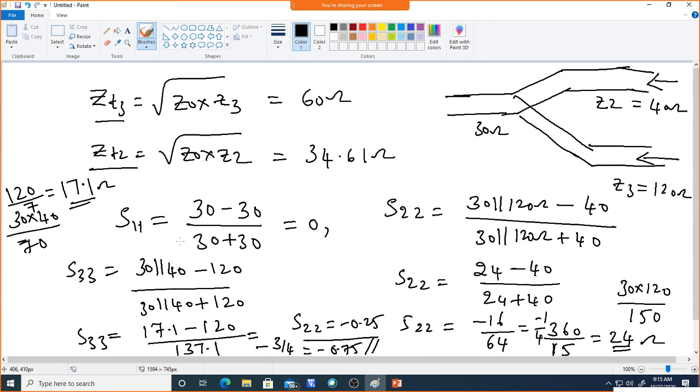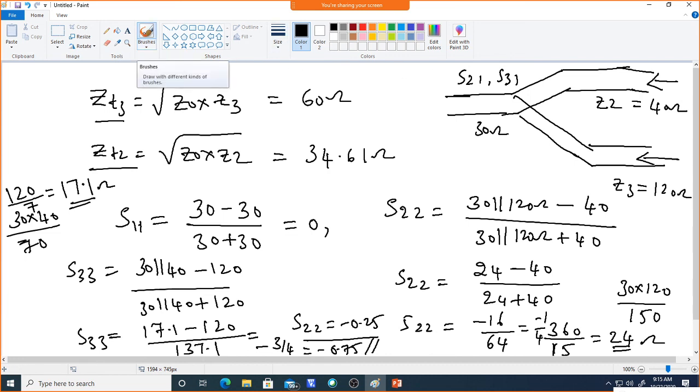Is there any power which is reflected from port 2 to port 3? So we need to find out S21, S31 and S13, all other parameters. Since from port 1 we need to see how much power is going, we need to find out S21 and S31. That will be given by the power ratios, that is P2 by P1 and P3 by P1.